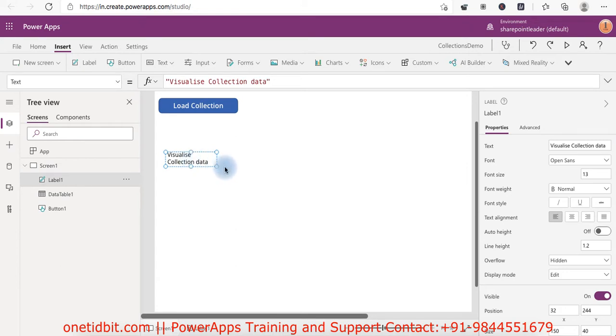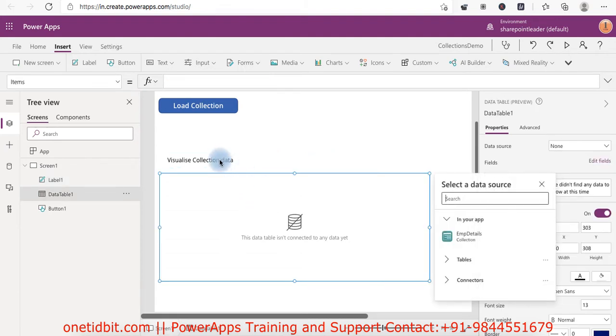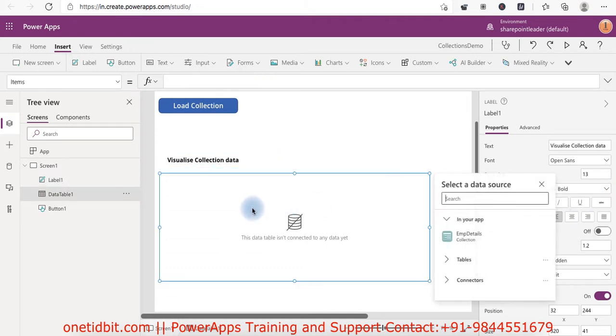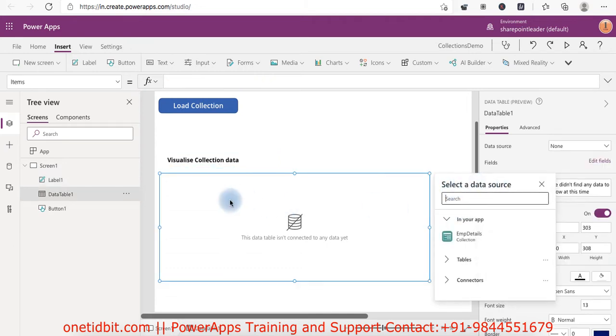Okay, now let's assign, select a data source. The data table is asking to assign a data source. So here the data source will be our collection. What is our collection? It's emp details. Okay, let's assign to it,